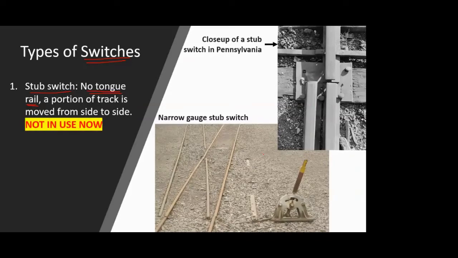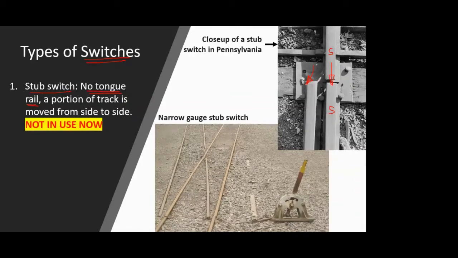Now, if you see the photos, they are pretty old photos. The one on the top right corner is the stock rail, and in this we don't have a tongue rail. Suppose your railway is coming in the direction of the arrow I have shown, and it has to take a right turn. The photo is inverted, so it looks like the left side, but going by the facing direction, this is a right turn.